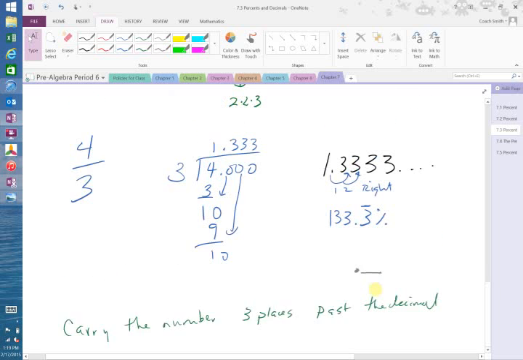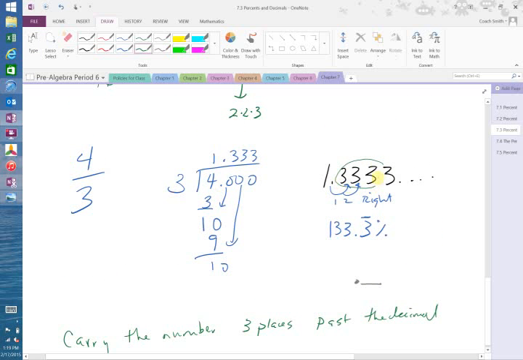Like up here, I only need those 3 right there, and then I can change it. Okay? Other questions? Okay,